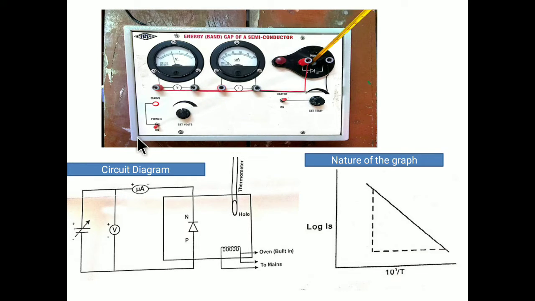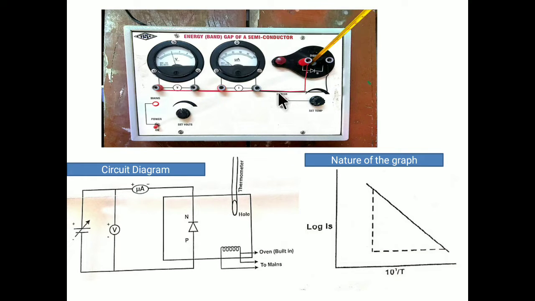Okay, now we will proceed. So we have done the circuit connection as in the kit here. Now in this hole, insert the thermometer. Now switch on the oven. When the oven is switched on, the temperature starts to rise up to 100 degrees Celsius. As the temperature rises up to 100 degrees Celsius, switch off this oven so that the temperature further rises up to 120 degrees Celsius, and there it becomes stable.